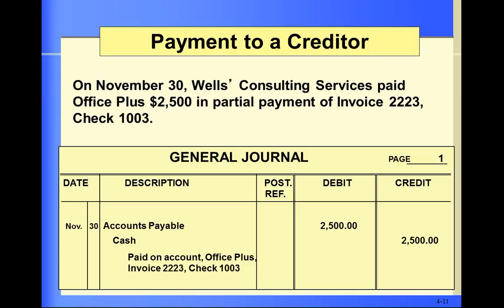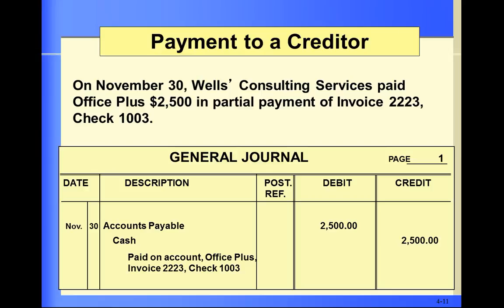In our next transaction, Carolyn Wells Consulting paid Office Plus $2,500 as partial payment for the invoice that we used earlier to purchase the equipment. So, in this case, we're going to debit accounts payable, which remember is a liability account. The liability accounts, as a general rule, increase their balance with credits and decrease their balance with debits. Since we're making a payment, we're going to decrease the balance of the accounts payable account since we no longer owe that money. At the same time, we're going to decrease the balance of our cash account with a credit entry, and the memo that we have there was letting us know that we paid on a particular invoice using